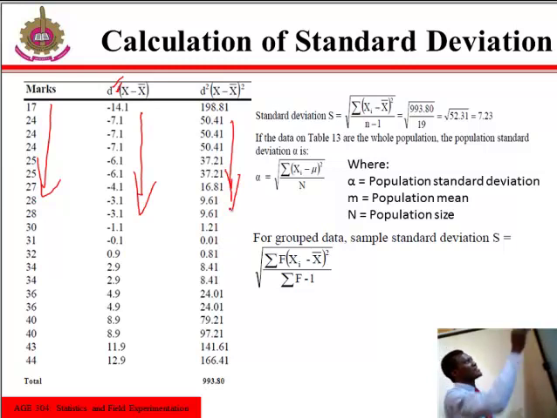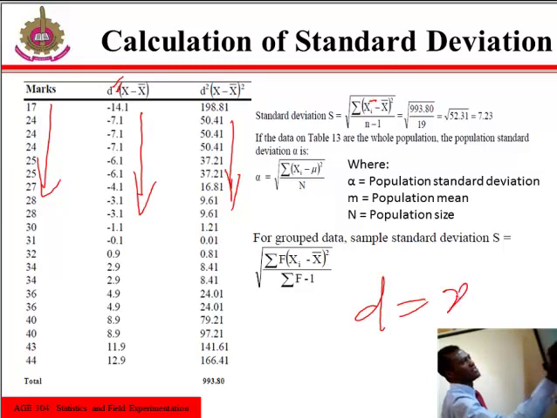Now, our standard deviation is given by this formula on the board. That is the square root of summation x minus x bar, that is the observation minus the arithmetic mean, then you square it all over n minus 1. With what we have on the table, don't forget I said D is the same thing as this.